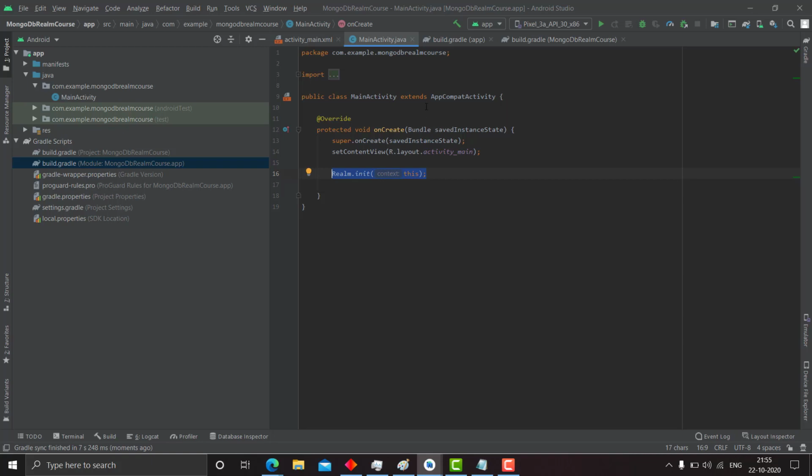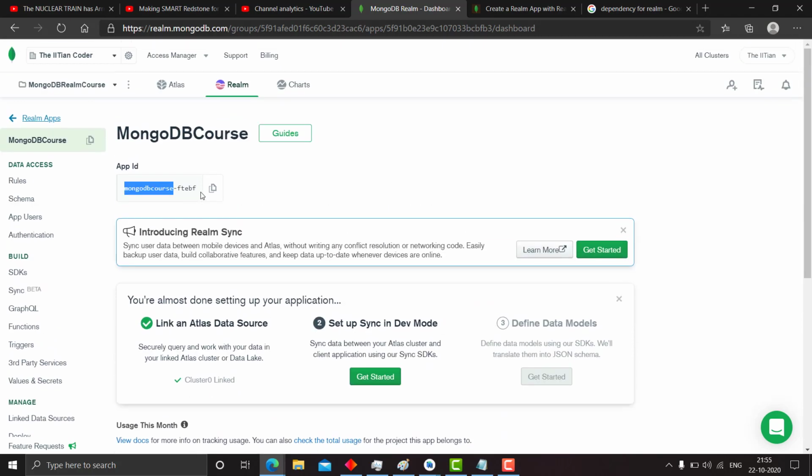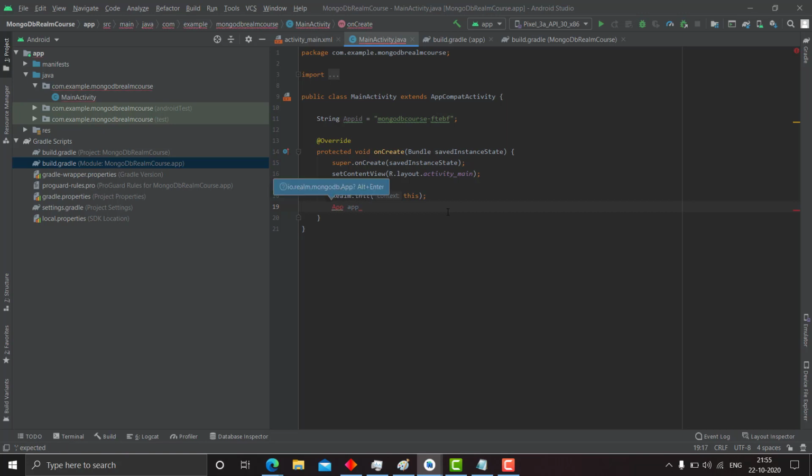Okay, next we have this app ID, right? So copy it, and now we will write String appID equals this. Now we will create an instance of a Realm app. So it has to be done: App, import the library, app equals new App, configuration.